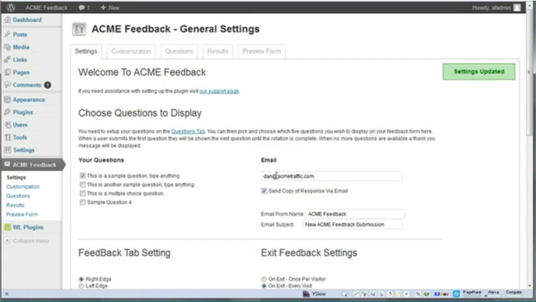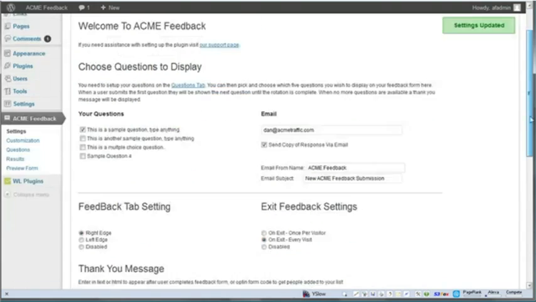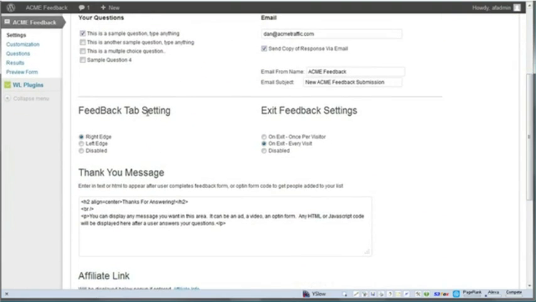I can get all the responses sent immediately to my email address if I'd like. I can change the name of the email and also the subject line of the email. I can control where I want the feedback tab settings to display, on the right or the left, or just totally disable them. I can choose how I want the exit feedback settings to display, on exit every visit, or I can disable them. This is where I control the thank you message, and I can paste in my opt-in